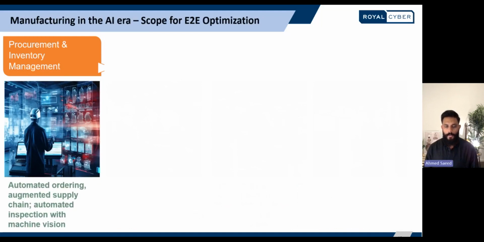So within procurement and inventory management, just like we covered the traditional pillars, we can see that there's a transformative impact of AI here, and it's not just buzz. It is actually a reality that the majority of manufacturing companies are either living with it every day or aspiring to incorporate it in the short-term future. So it's not science fiction. It is happening in current day.